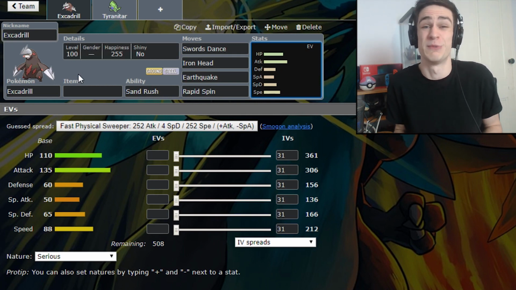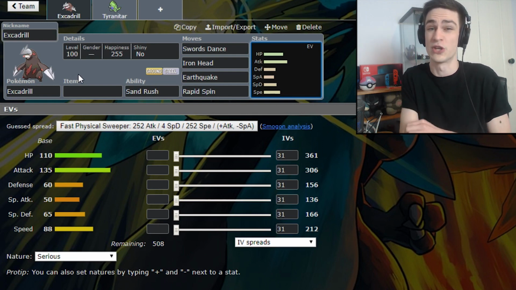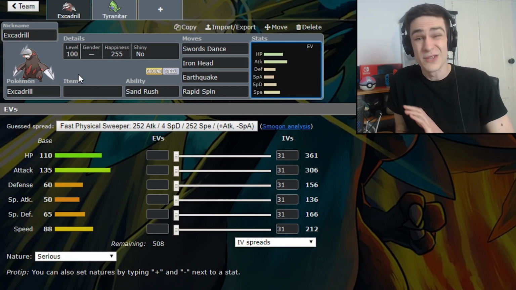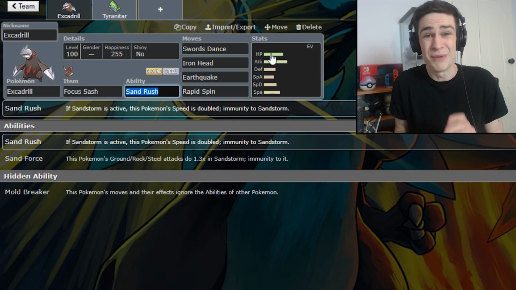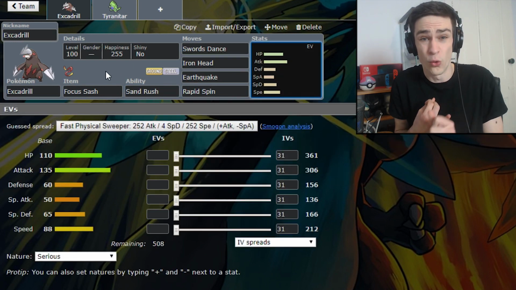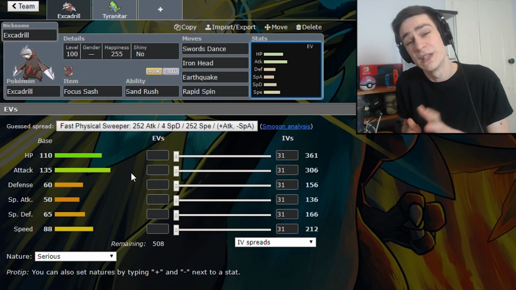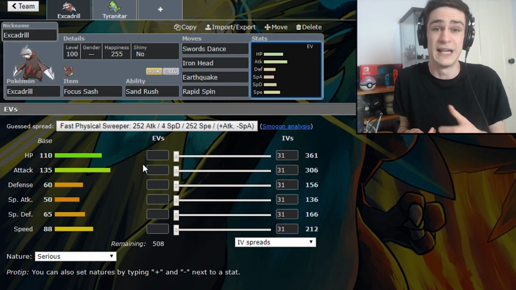There is even an argument to be made here for dropping the Sand Rush and running Mold Breaker, just so that you can hit those Earthquakes on things like Rotom-Wash, which is still going to be an issue for this guy. In terms of item, we've gone for a Focus Sash here just to give a little bit of a margin for error in setting up that crucial Rapid Spin or Swords Dance in order to put this guy in a position to sweep through teams. Obviously, it's not ideal. If you're switching into hazards, you're going to break the Sash, but it can be really